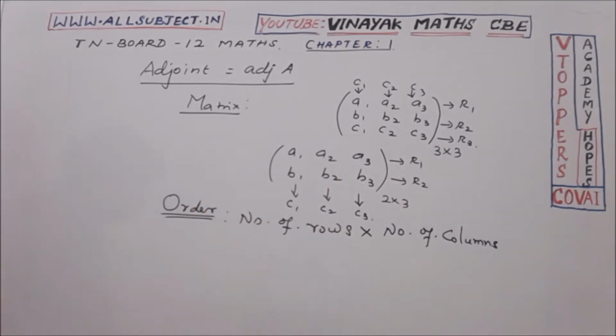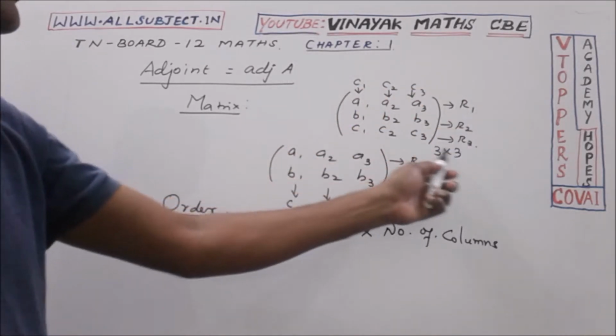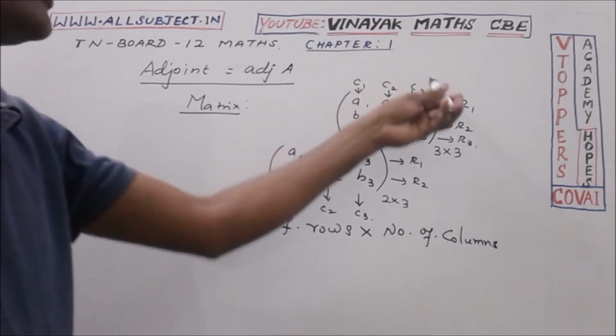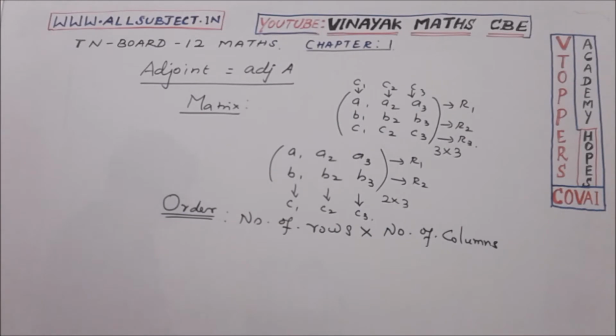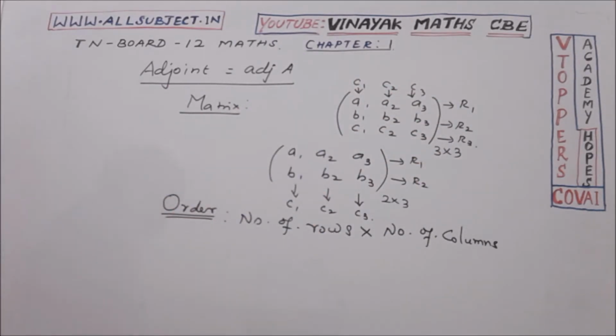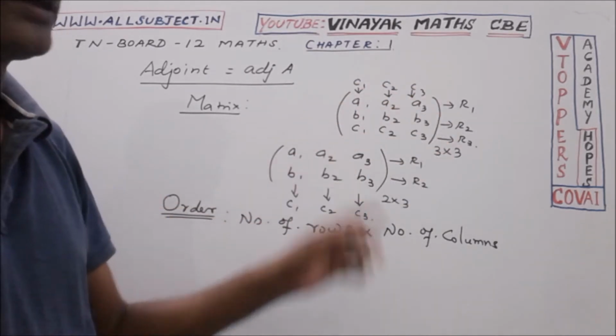Now we have some types of matrices, and you are all familiar with them. Now we can move to the concept of adjoint. The adjoint of a matrix is applicable only for square matrices. And determinant also, we can find the determinant value for only square matrices. So adjoint also we can find for only square matrices.